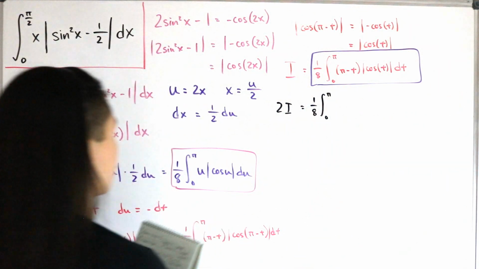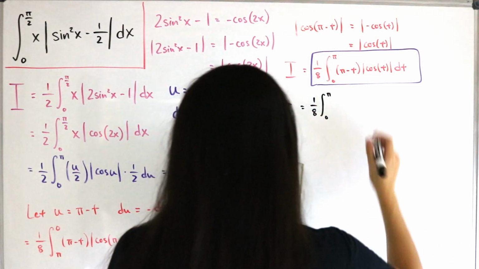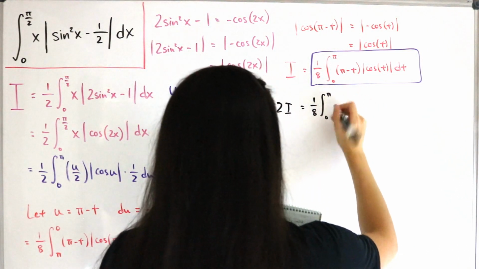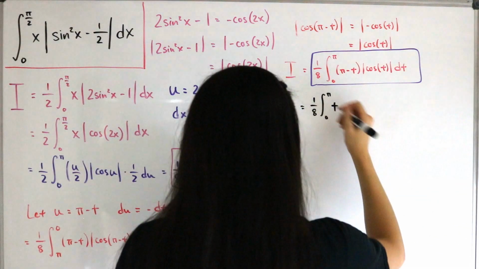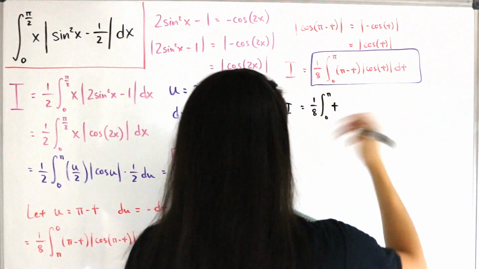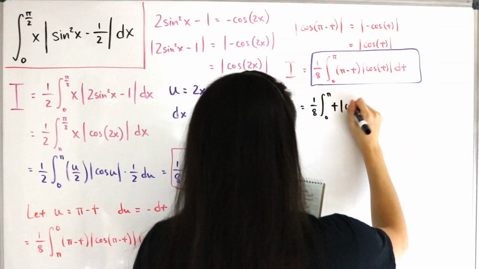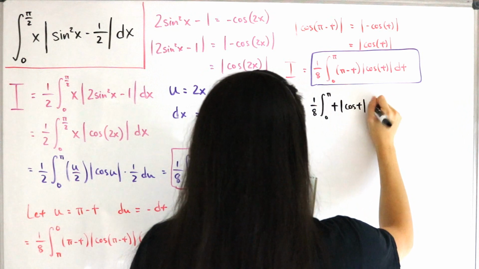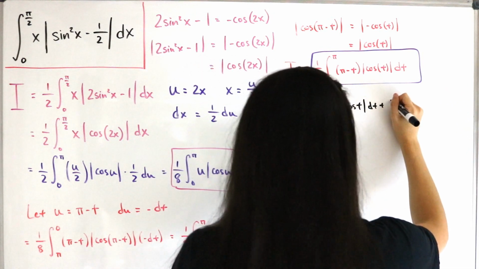And this is also great since they're also in the same bounds as well, our integration bounds. So this is actually t, and of course this is just a dummy variable, so I'll just replace this back with t instead. So it's still the same thing, we're integrating in the same variable. So t times cosine of t, and then dt, now we can add this with, so 1/8, and